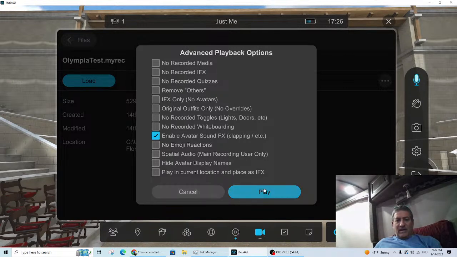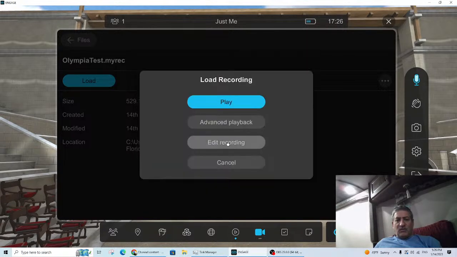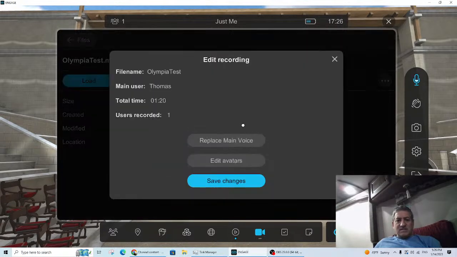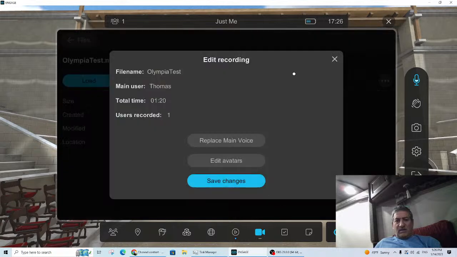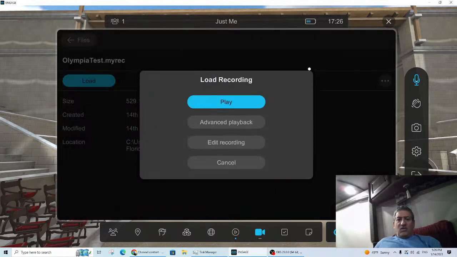When you play it, you can edit the recording, edit the avatars, place the main voice, and turn on all those effects. There are no changes here. So I guess the last thing before we wrap this up is to see this recording, which